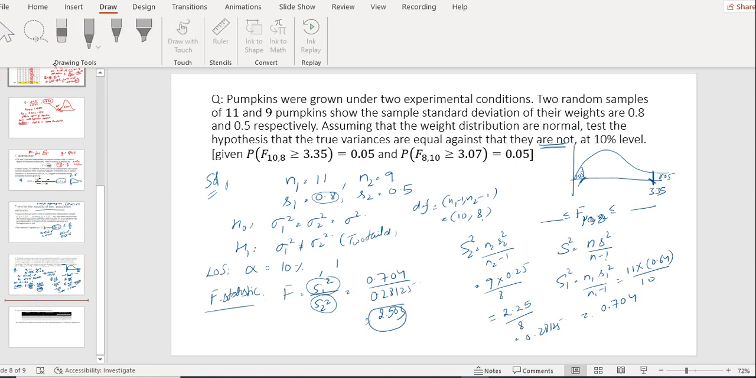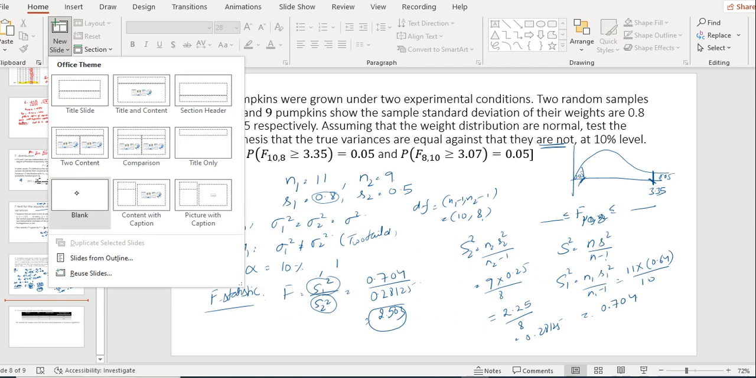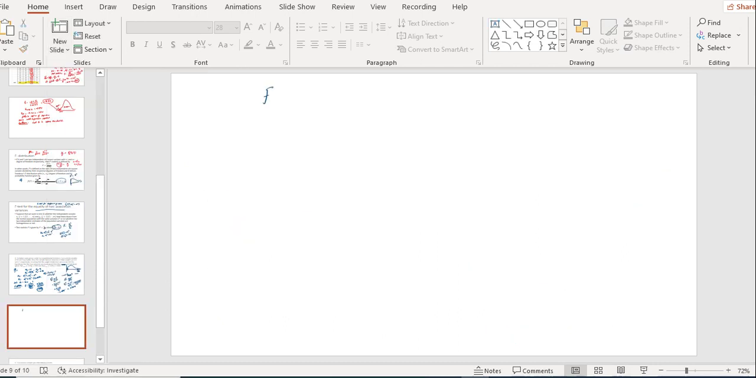So if we want to calculate the lower limit, what can we use? We can use one relation of the F statistic: F of nu 1, nu 2 is equal to 1 upon F of nu 2, nu 1. But if here we are choosing alpha level of significance, then we have to choose 1 minus alpha level of significance, because the probability F of 10, 8